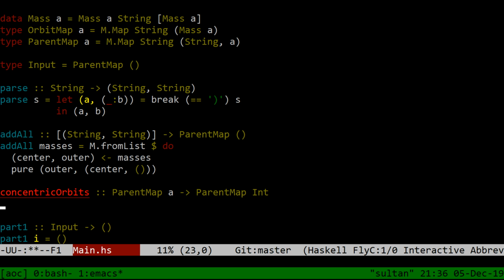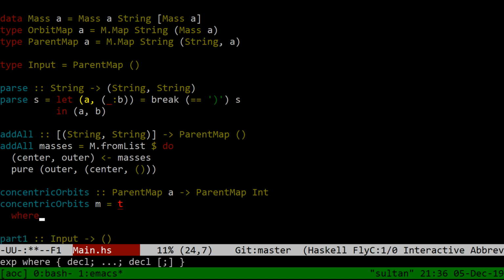And concentric, I'm going to cheat, by the way, and actually do what sort of counts as some recursion here, of m equals t, where t is going to be a map whose values reference the map t itself, where t equals